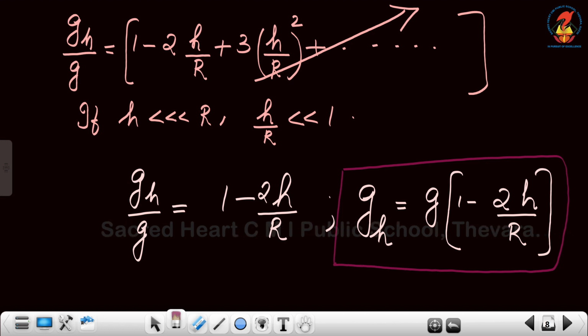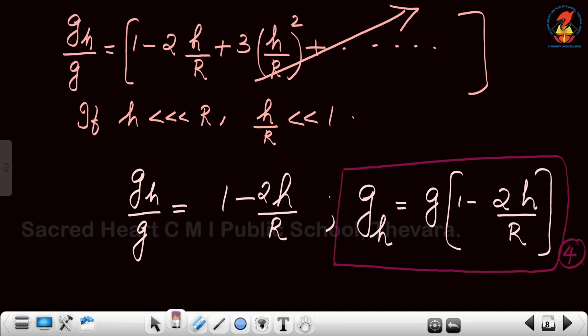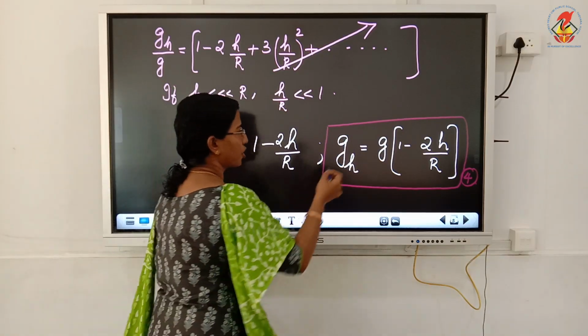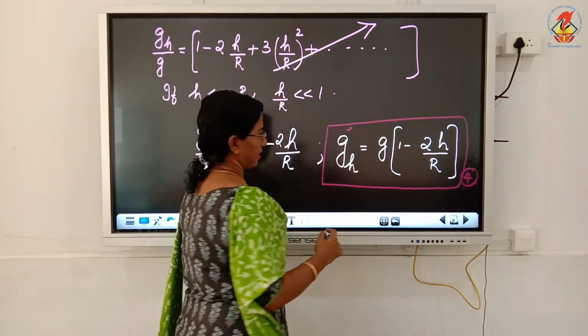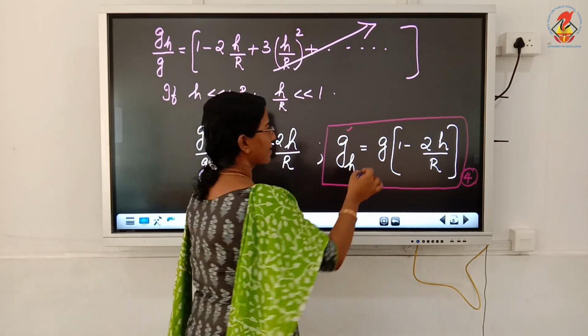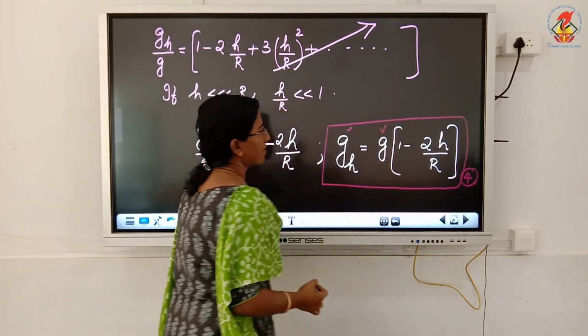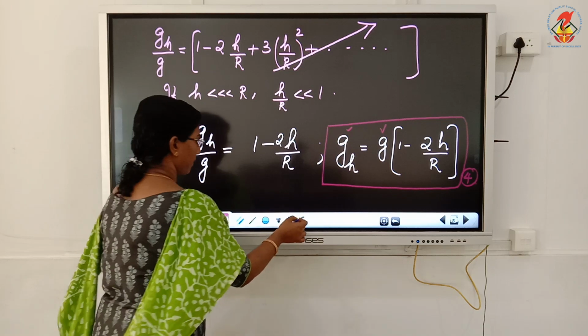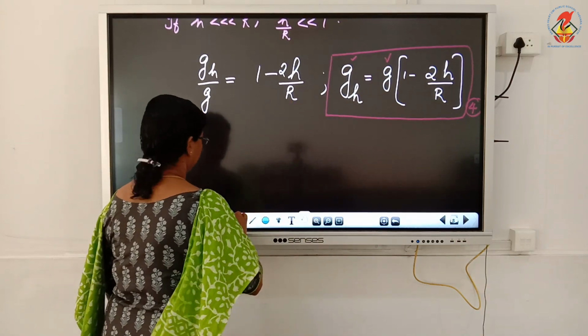This is equation number 4. Now if you look into the equation, it is very clear that the value of g at a particular height above the surface of the earth is less than the value of g on the surface of the earth. So we can conclude by writing